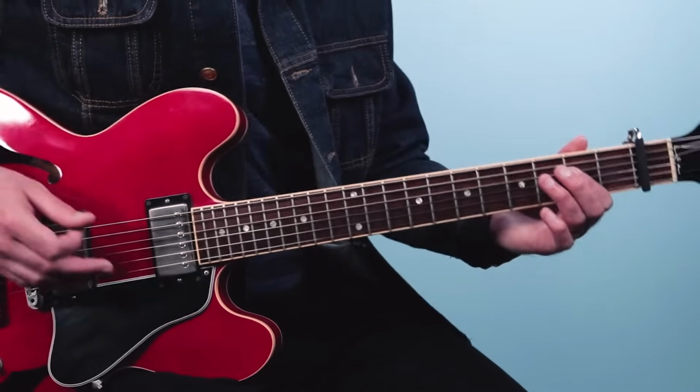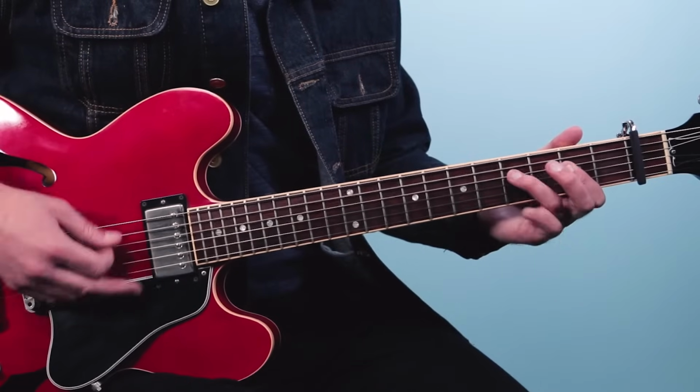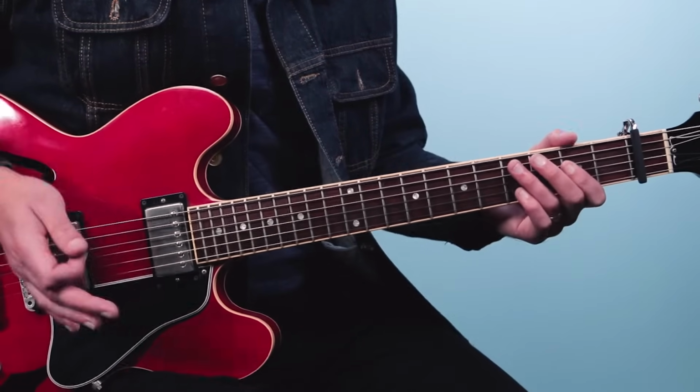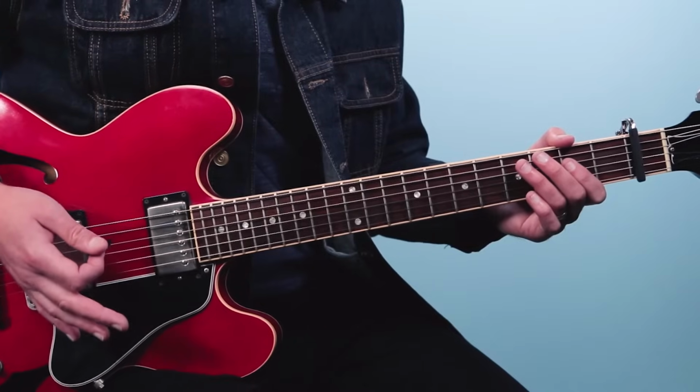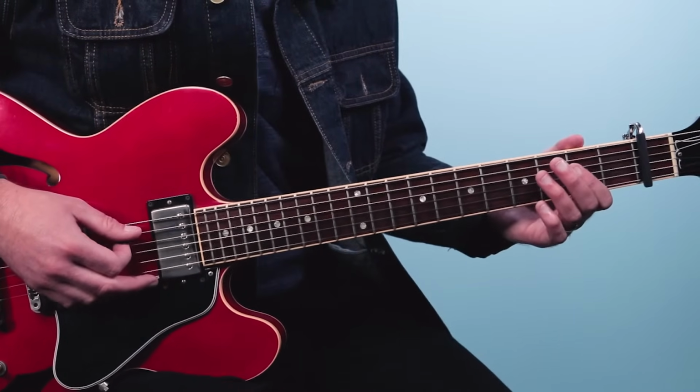You can add a slight mute to it, so it's not totally open. I do that with just bringing my palm down on the strings a little bit. And now I've got the rhythm pattern for the A. So it's going to go...